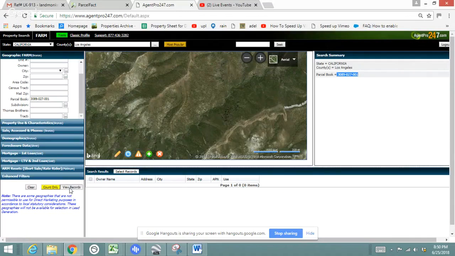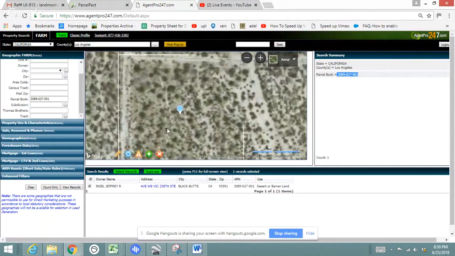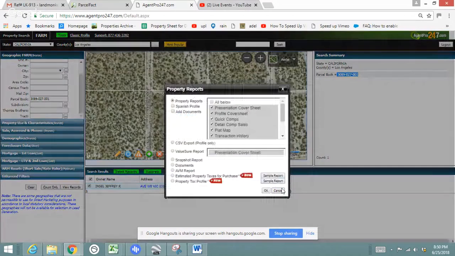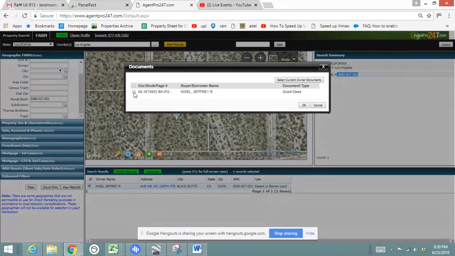And then when you click view records, here's the property. You can click on the address. When you click on the address, click on documents and click OK. And there is the deed. So if there's something here, you should be able to click on it